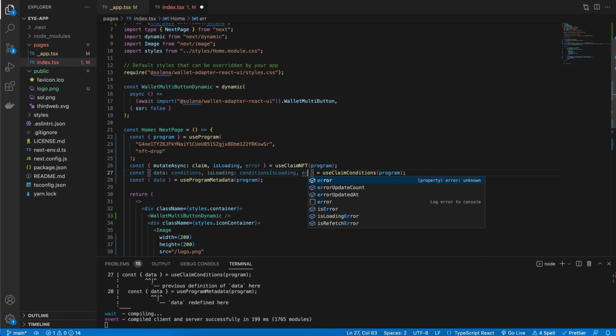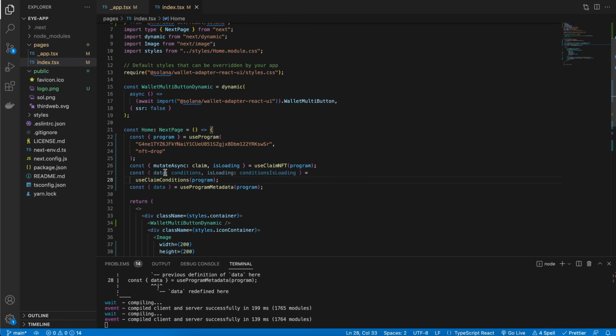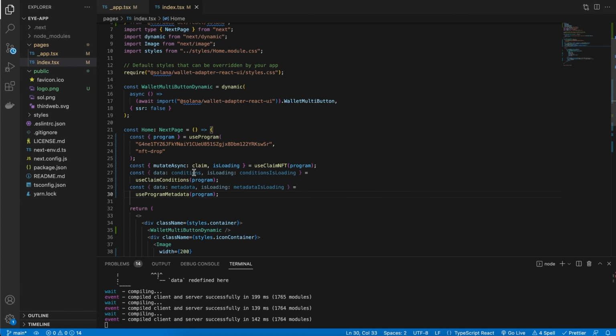Optionally, you can also extract the error. But I'm not using the errors right now, so I can remove them. And we can do exactly the same thing over here for our metadata. But instead of saying conditions, we'll say this is the metadata, like so. And now we've got these variables, conditions and metadata, that is extracted using hooks, and we can get to use